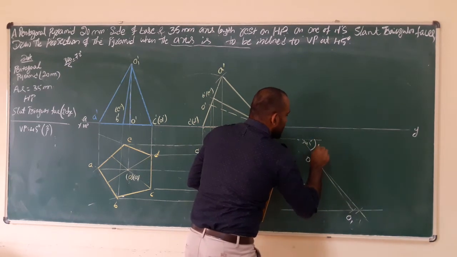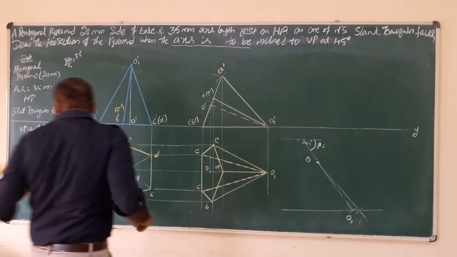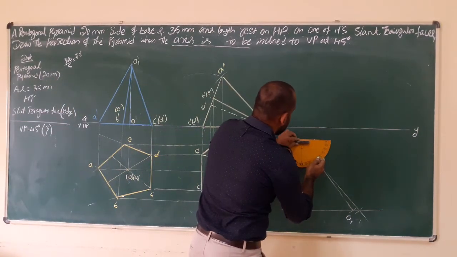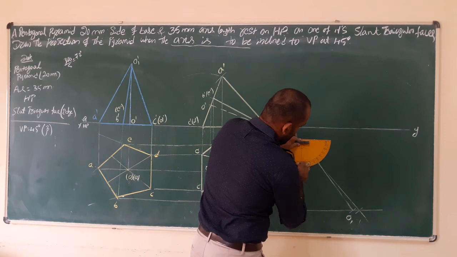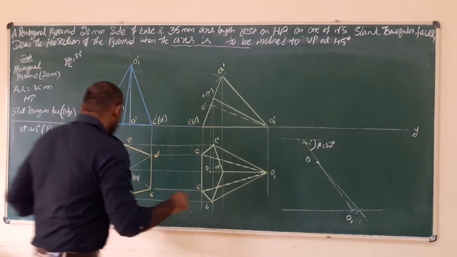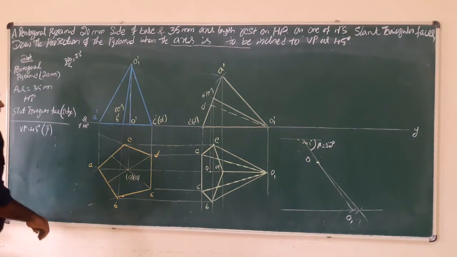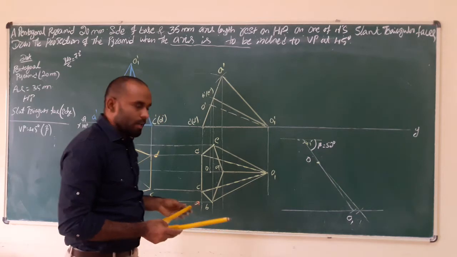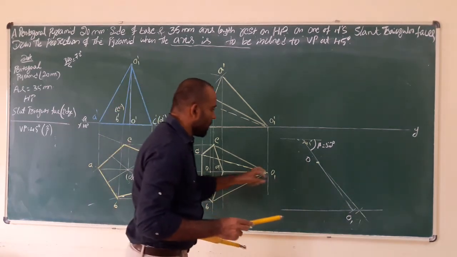That angle is called beta. You need to find out that angle. The angle is 52 degree. Next, same second pentagonal you have to draw on the 52 degree. You know 2 points, O and O1.